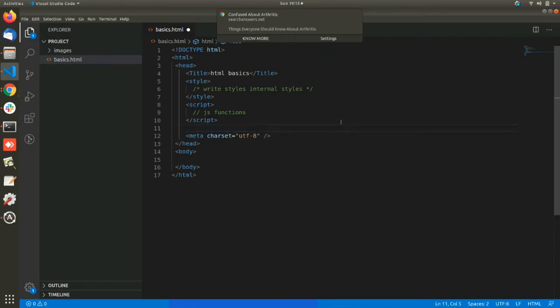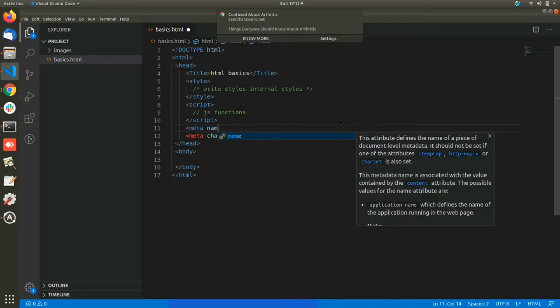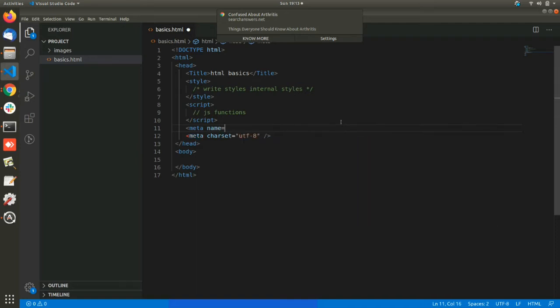We will see how to write that. Meta name keywords, content HTML, CSS, JS.